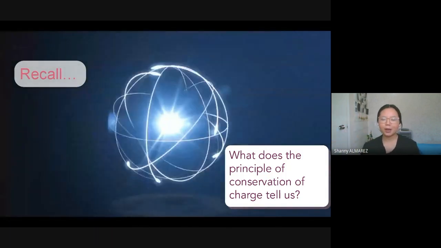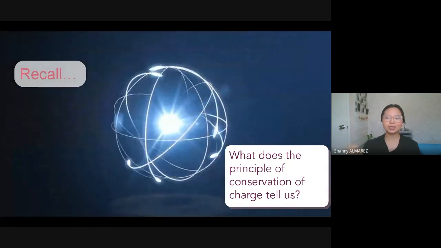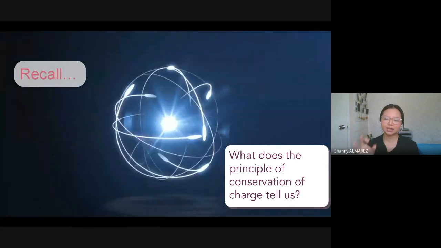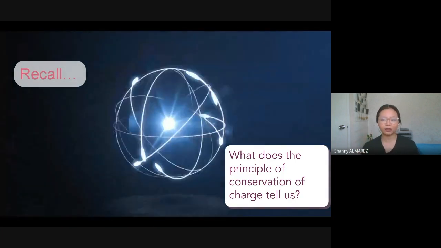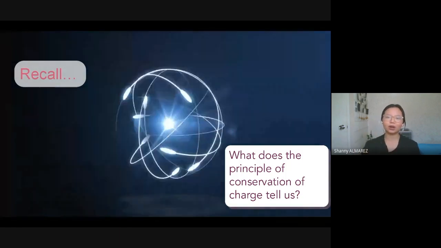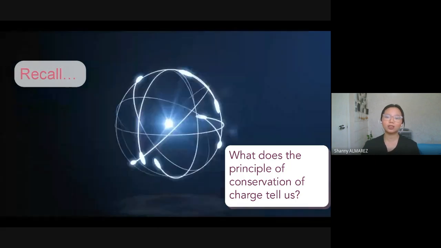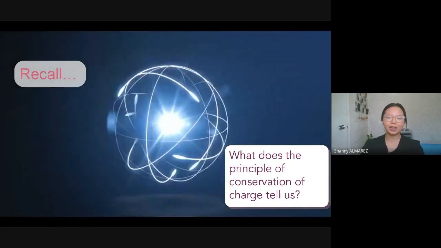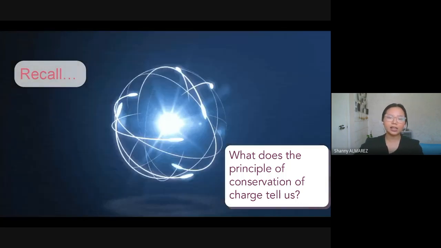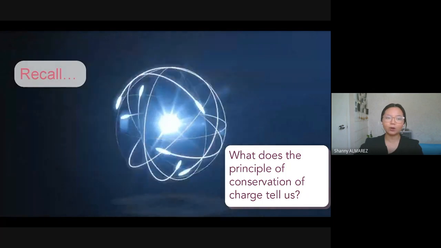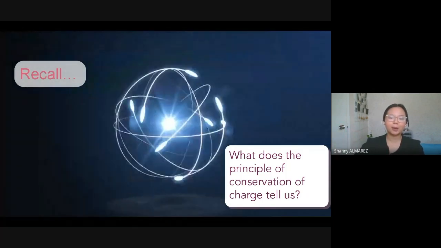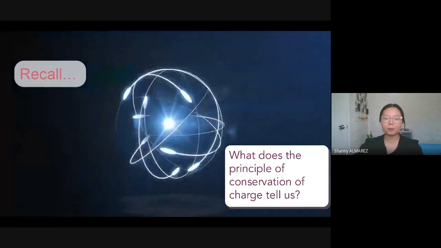object. But if you look at it as one system, it means that the number of electrons present in that system is still the same before and after. It's just that some of the electrons are transferred or moved to another object. Okay? So, are we clear with this concept? So, ibig sabihin, again, hindi nagke-create ng panibagong electrons. Ito ay nalilipat-lipat lang sa iba't ibang objects through different charging processes.